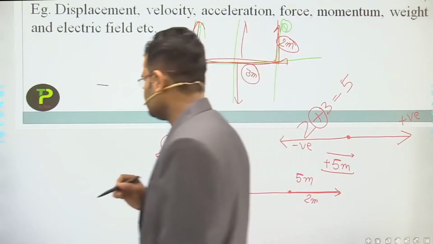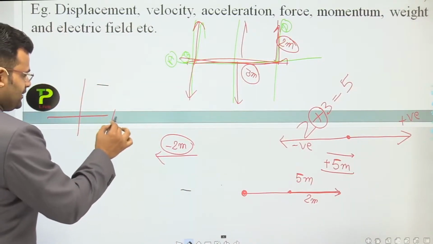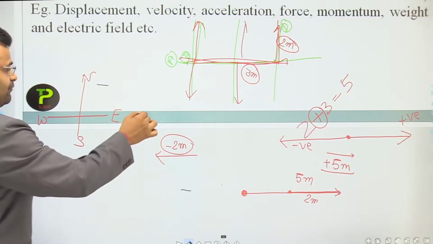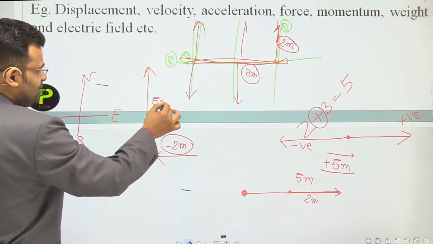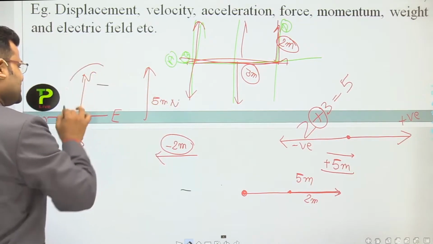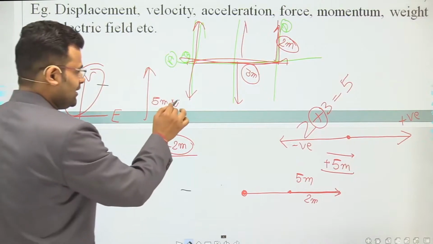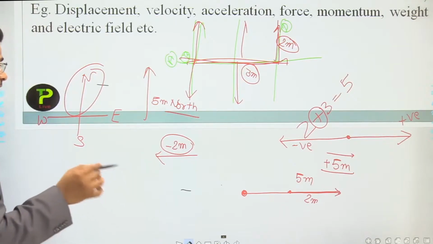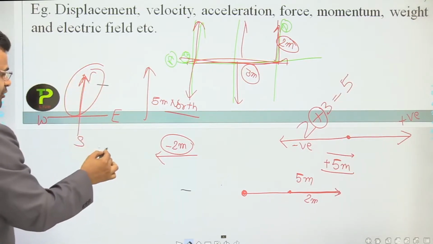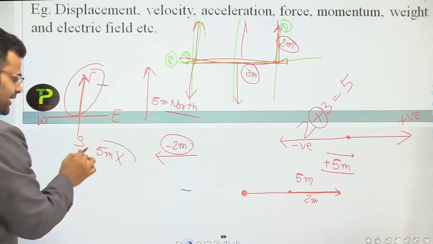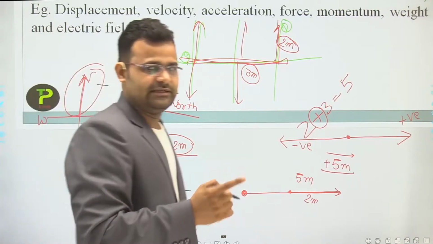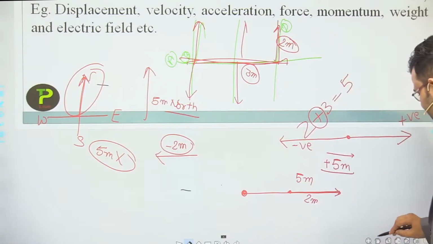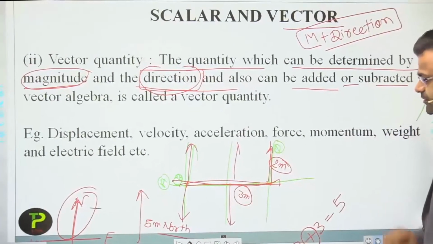One more thing is that we have east, west, north and south. If you are moving in an upward direction, then we can say 5 meter north. That time our answer is correct. If you say you are moving in that direction but you write only 5 meter, then it's not a correct answer. We require a specified direction, just like east, west, north and south. Okay students, that is the basic information about vector quantities.